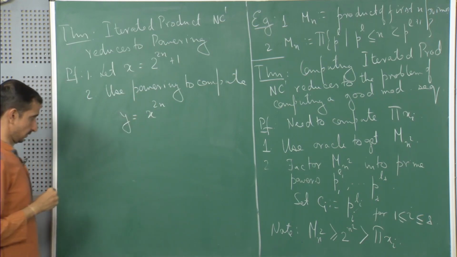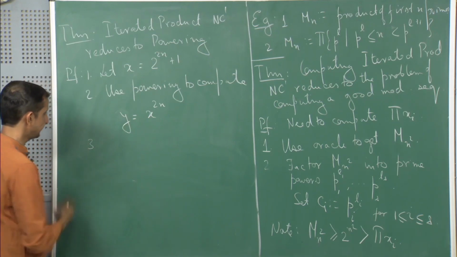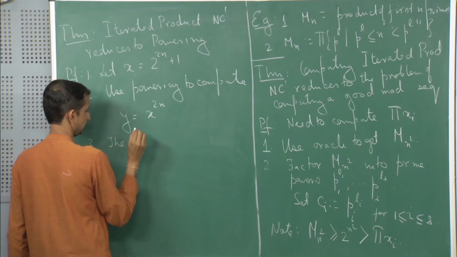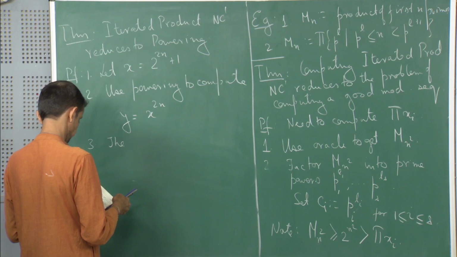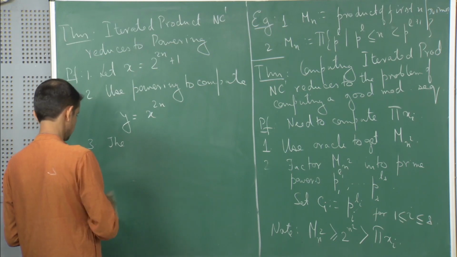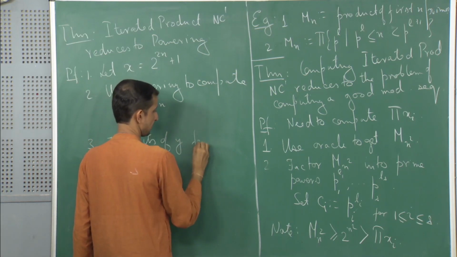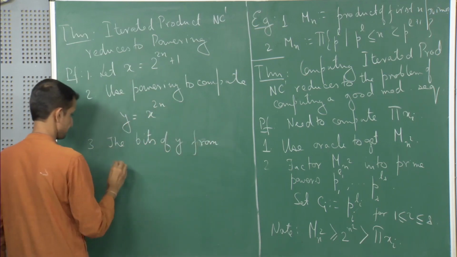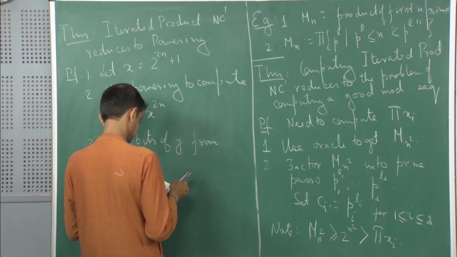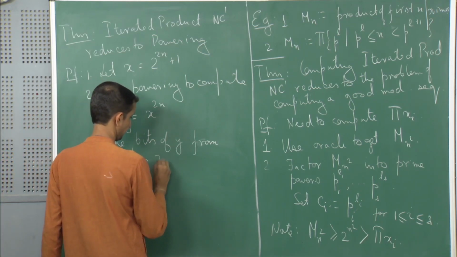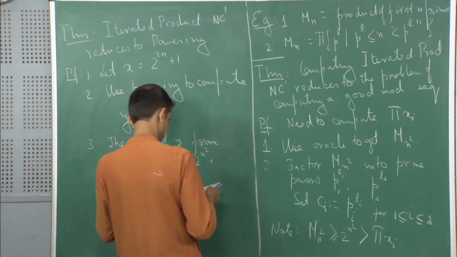So let us call this y, and now what we will show is that if we look at the bits of y from position 2n square to 2n square plus 2n minus 1,